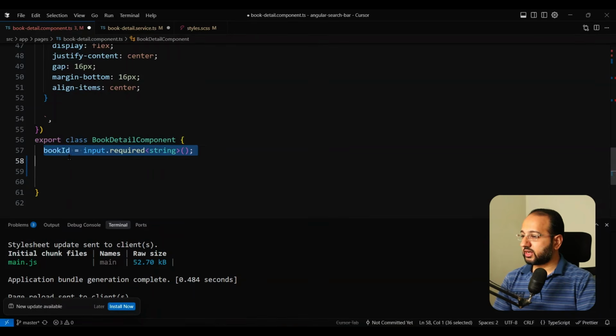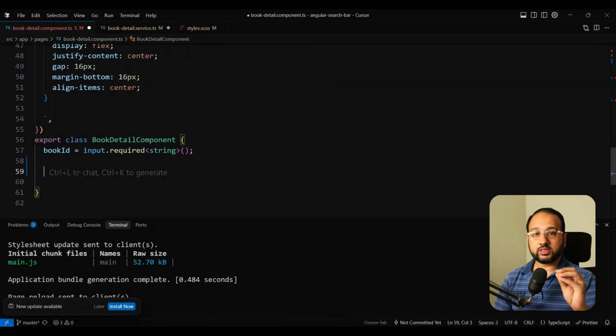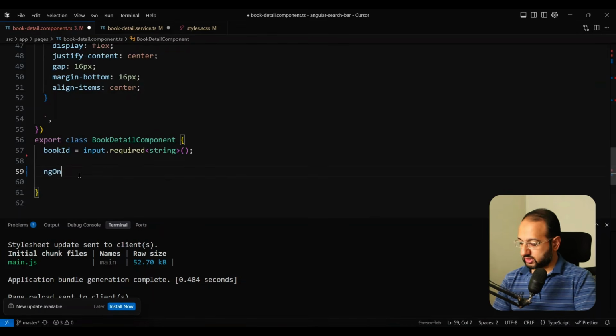So we can convert this book ID into an observable, and we can then call the set function in that subscribe. But we want to avoid RxJs and we want to avoid explicit subscriptions in the component. So what we're going to do is just use the simple ng on changes, okay, in which